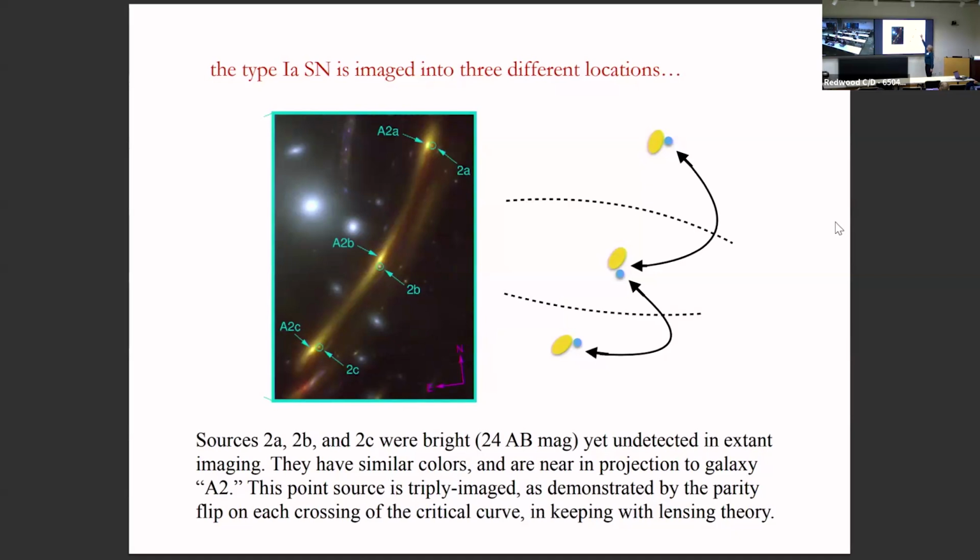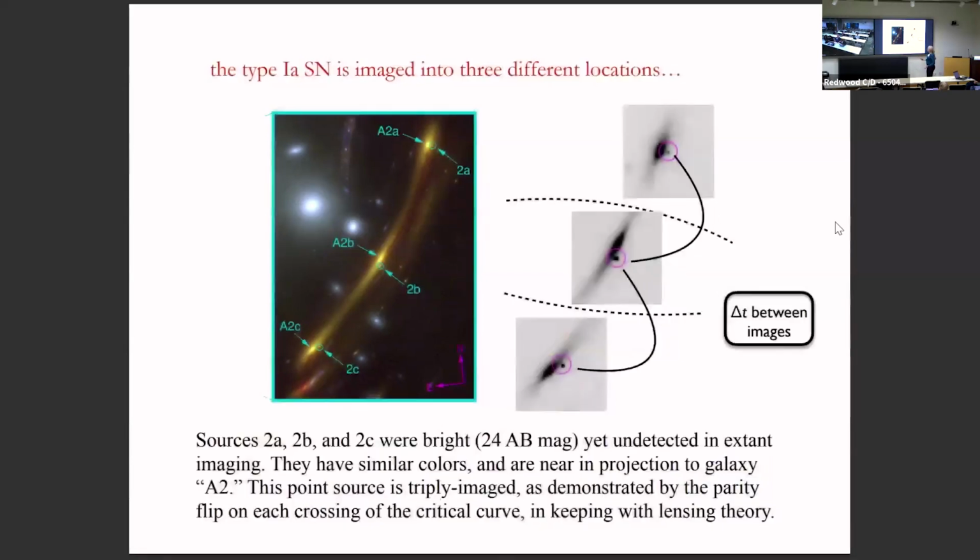The image parities are flipping between the images as they cross the critical curve each time, as expected of lensing theory. So right away we said, oh right, we don't have 3 different supernovae detected behind this cluster. We have a triply imaged single supernova. Here's the actual data. Seeing is believing. And you might also notice that they don't look exactly the same, do they? We think the supernova arrived first to image A, second to image C, sorry, and third to image B.